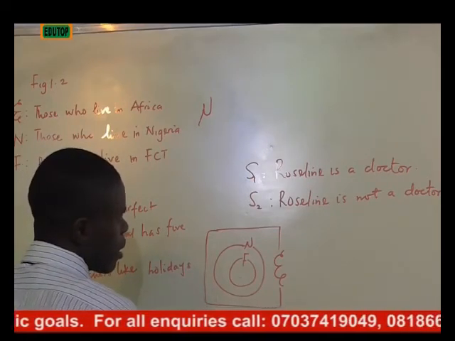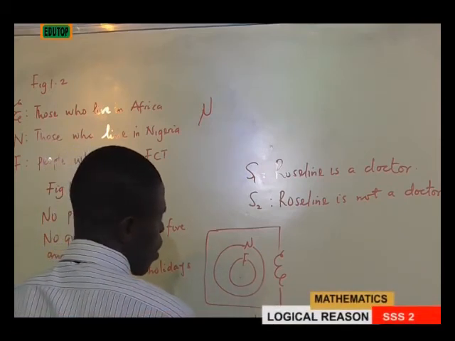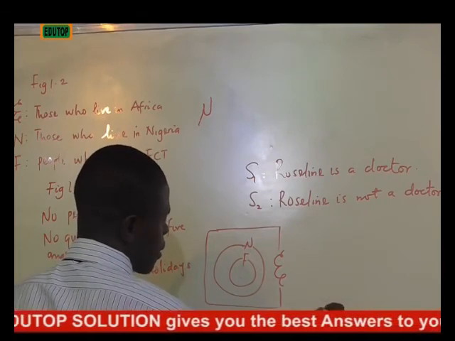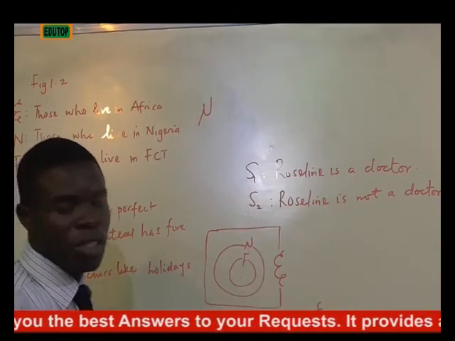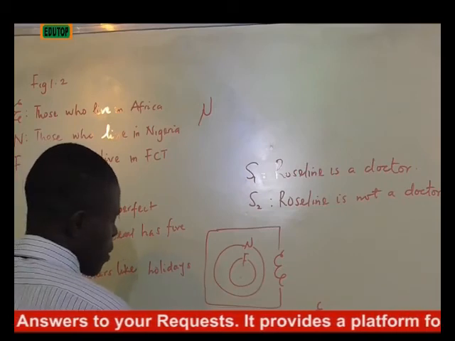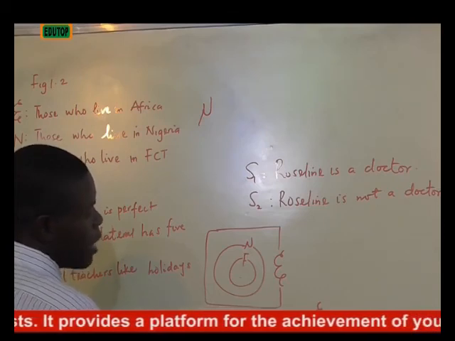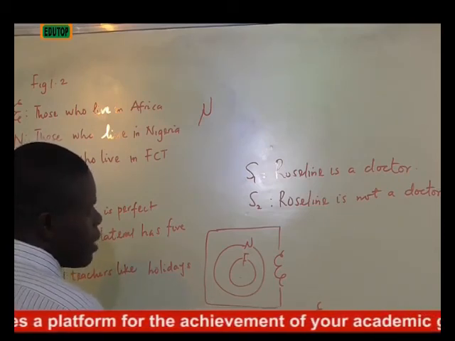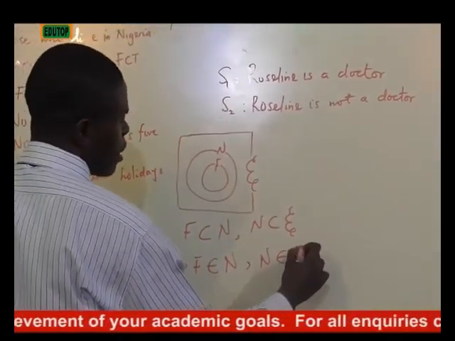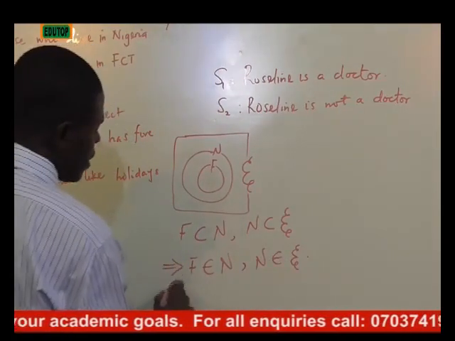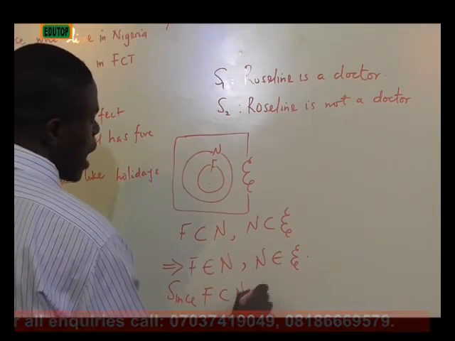We also know that N is a subset of the universal set. And this one is an implication symbol in logical reasoning, which means that F is also contained in N. That means F is an element of N, or F is contained in N. And here also, we can say that N is contained in the universal set. And since F is a subset of N, and N